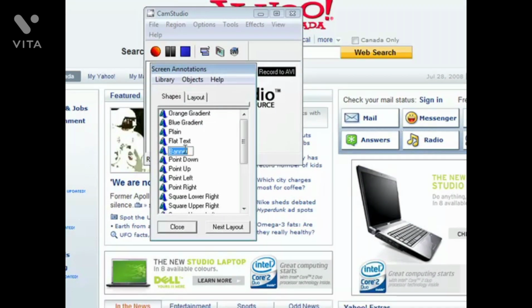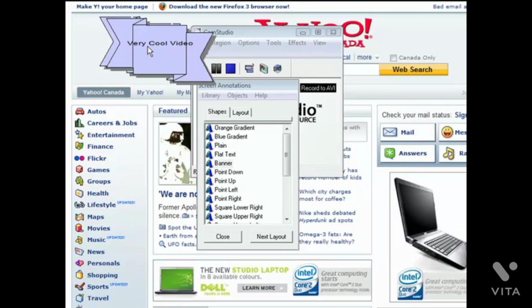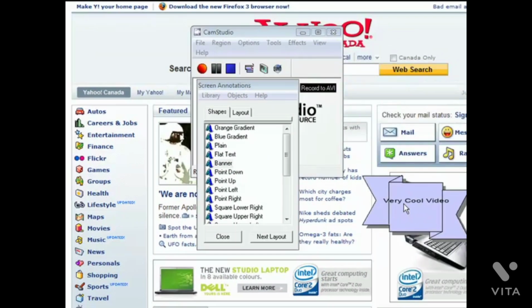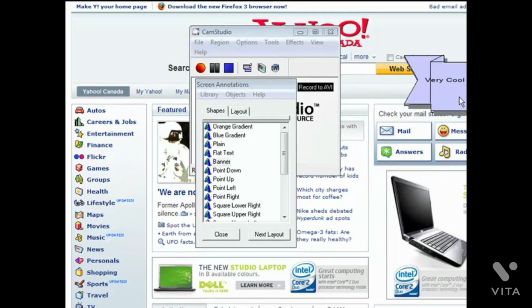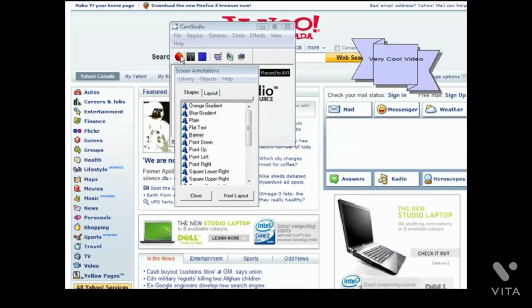Now, as we have to do, once we have changed the text that we want there, is just put our left mouse button on it and click on it, hold the mouse button down, and then drag it and plop it onto our video here. And we can put this anywhere we want. And this now acts as a caption for us, and when we record, this is going to appear on our video. So if we were to record now,